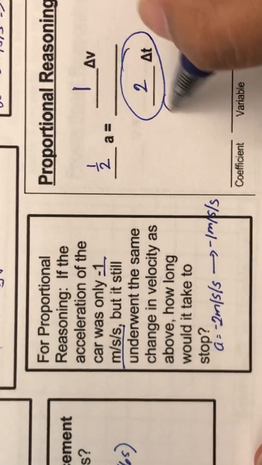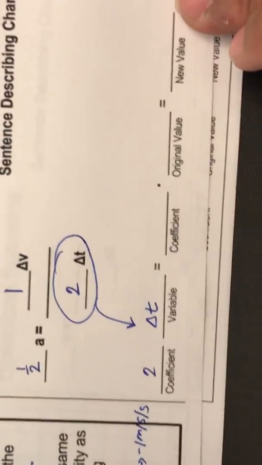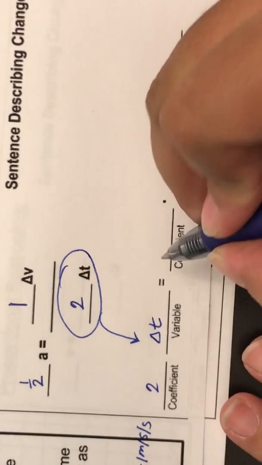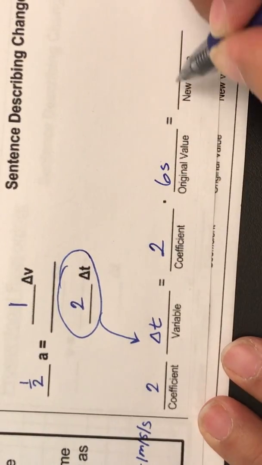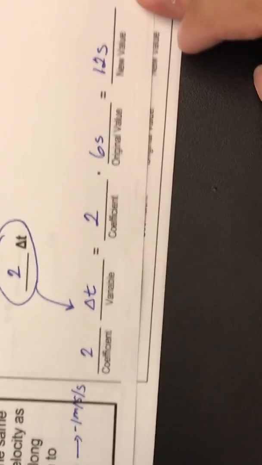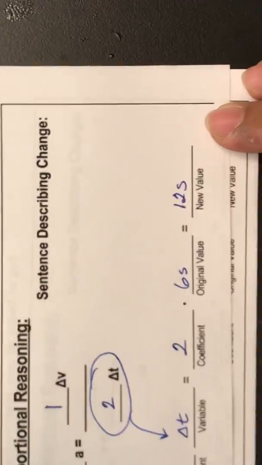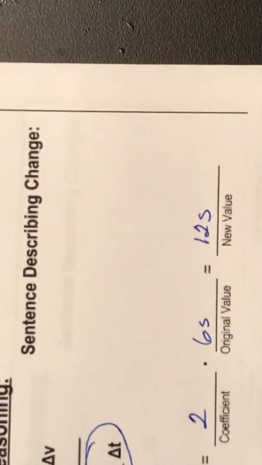Since this was our last one to fill out, we are going to put that in our variable spot. All right. And so our coefficient of 2, our original change in time was 6 seconds. So our new value is going to be 12 seconds. All right, and so our sentence that describes the change is going to say, let's see here. Our sentence that's going to describe the change is,